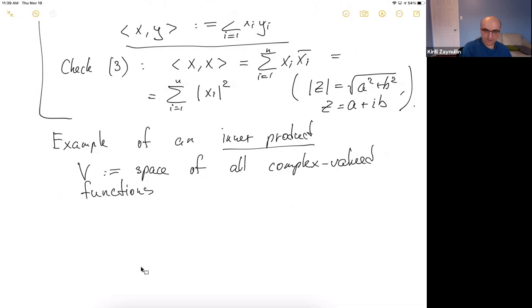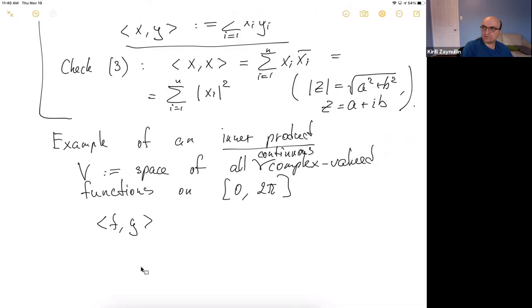Now, let's restrict ourselves to the space of all continuous complex valued functions. Moreover, all continuous complex valued functions on a certain specific interval, namely on the interval from 0 to, say, 2 pi. Then let's define the following